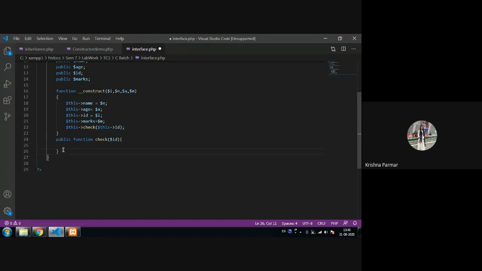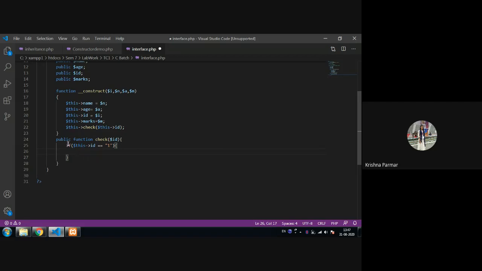Okay, fine. So here, first I will check if $this->ID == 1, then which method is called?